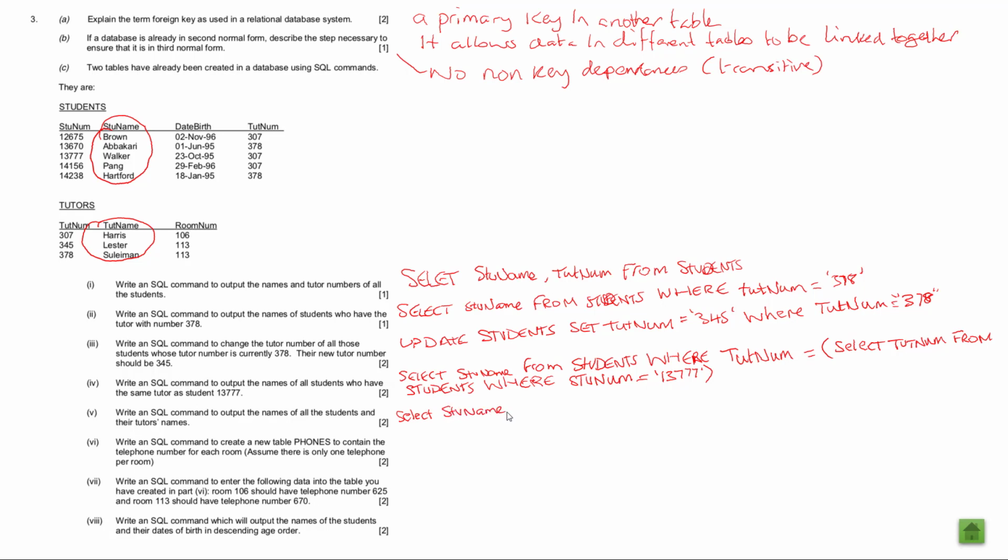So output the student names, comma, tutor names as well, tut name, from students and tutors, so both tables are coming in, right, where